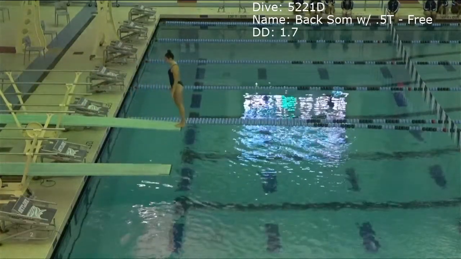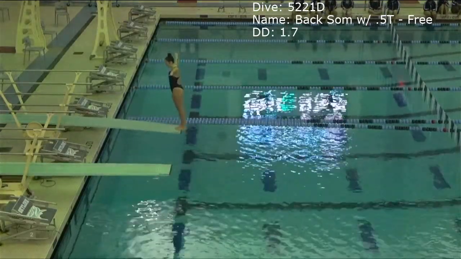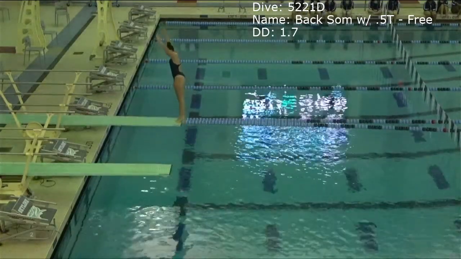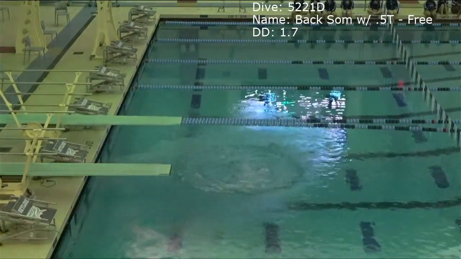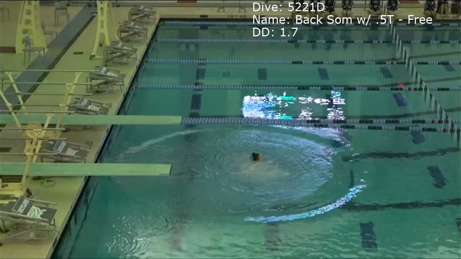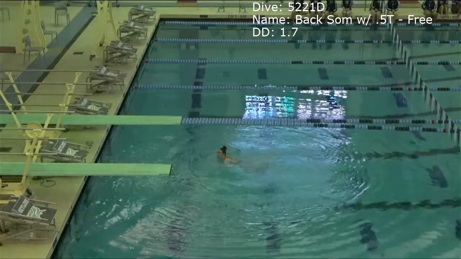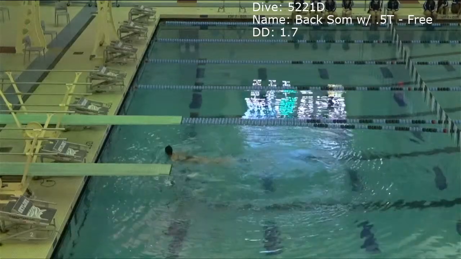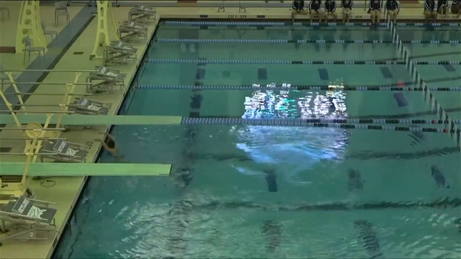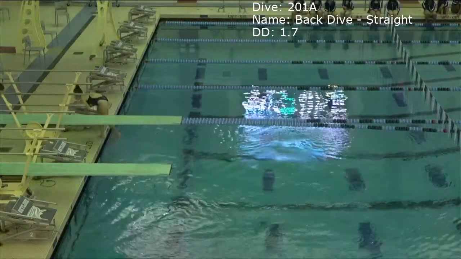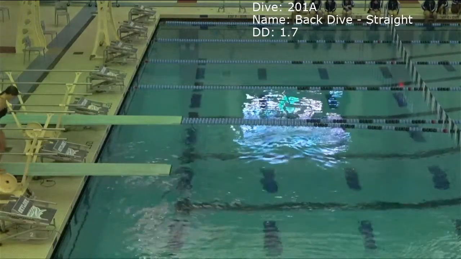It's a 1.7 degree of difficulty. Scores 5.5, 6.5, 5.5 for 29.75. Jamie, a 201A back dive in the straight position, 1.7 degree of difficulty.